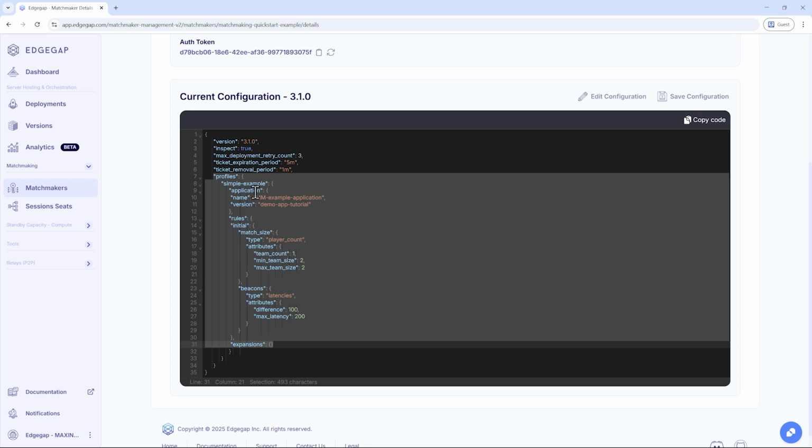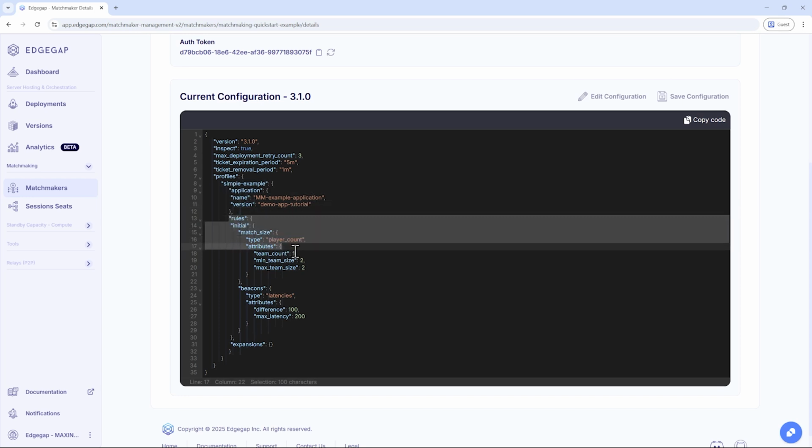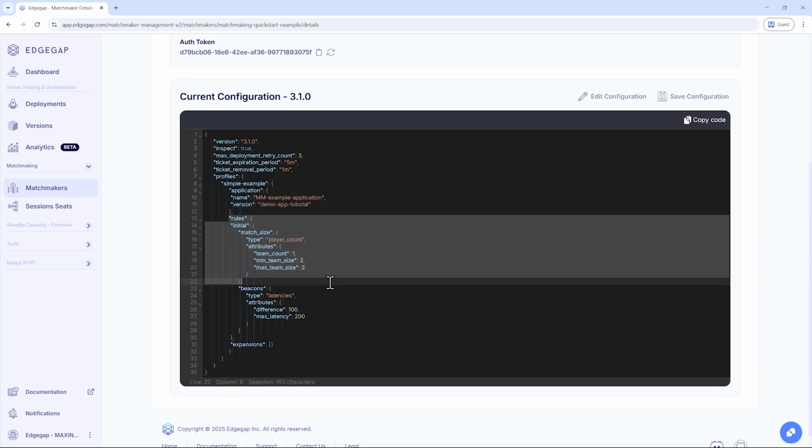If two or more tickets match, or in other words, if two or more players are in the same queue, the matchmaker releases them, and they are allowed to play together. They are deployed to the application version set under the application section. The next part is rules. For example, you might allow players to select specific maps, and if you have enough players, the matchmaker sends a request to deploy a game server, which allows players to join and play together.